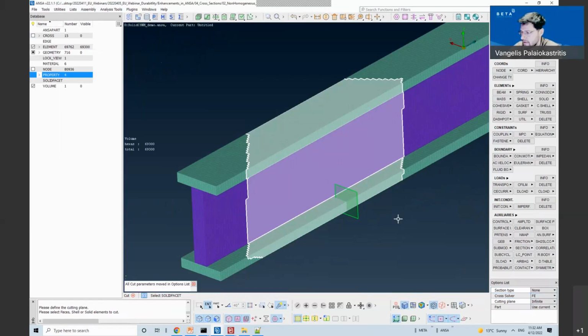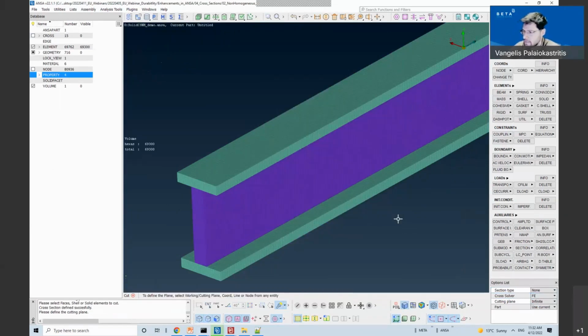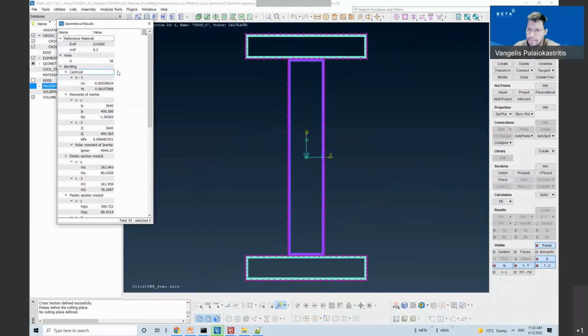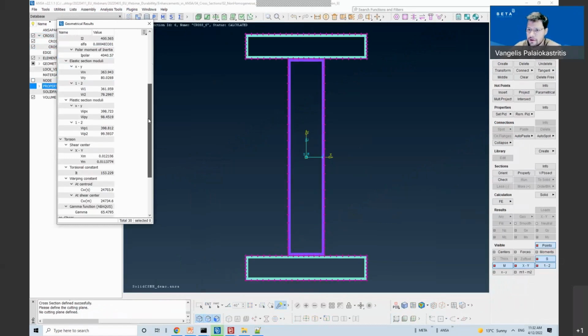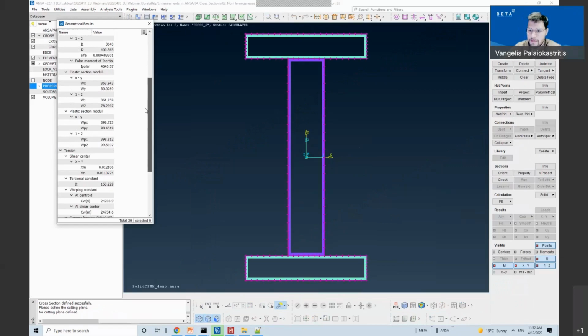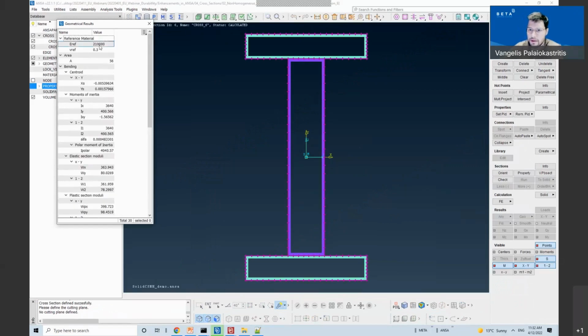So by selecting the FE, I get the cross section, and if I switch to the cross menu, I can see that the non-homogeneous cross section has been calculated. The reference material is the aluminum, or the steel, so all the properties are calculated based on the reference material.